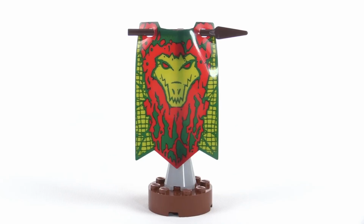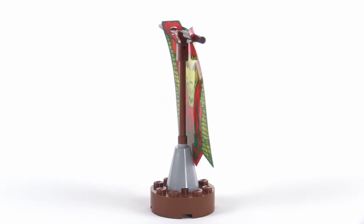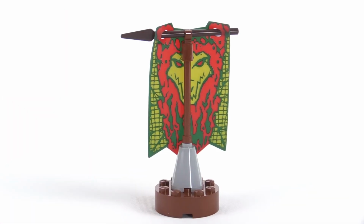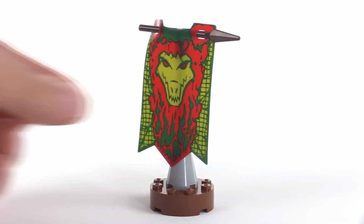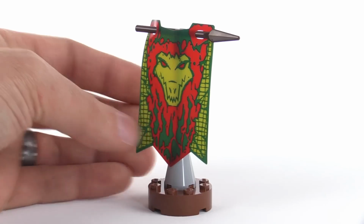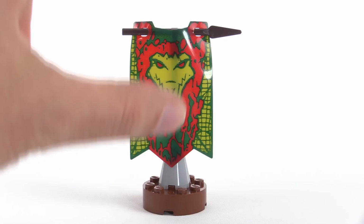Lastly, you get this Croc Tribe banner, which I do feel adds value, because even though it's such a simple thing, you see just a handful of pieces put together. That's actually a nice piece to get in the reddish brown color, the clip piece that fits onto the end of a bar. And this is just a single piece of mostly translucent plastic, lets a little bit of light through there. Kind of a little bit cheap in its construction, but